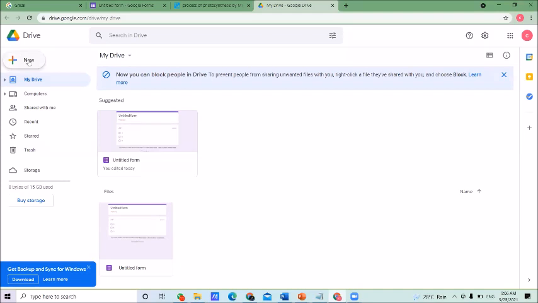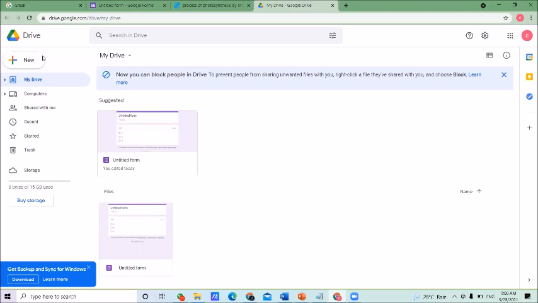Click on the New button here. Under that, there are some other options. Later you will understand these things when you are doing this activity practically. If you want to upload something to Google Drive, then click on the New button here.